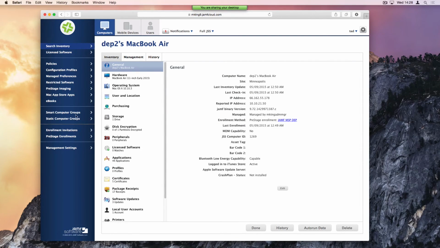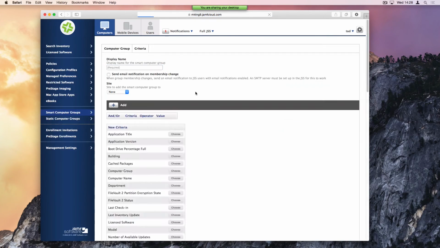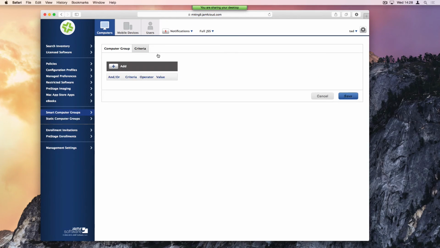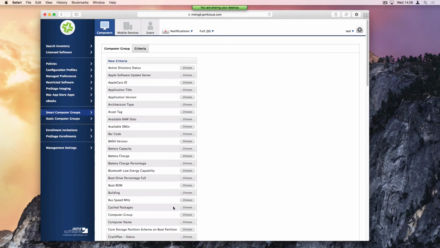What I can do with this is I can create what's called a smart computer group. So I can say I want everyone, so OS 10 update. I want my OS